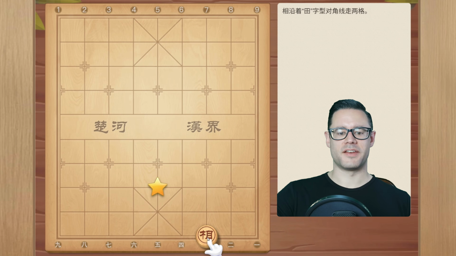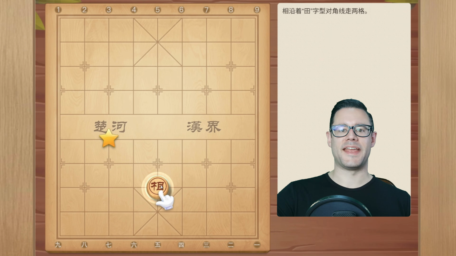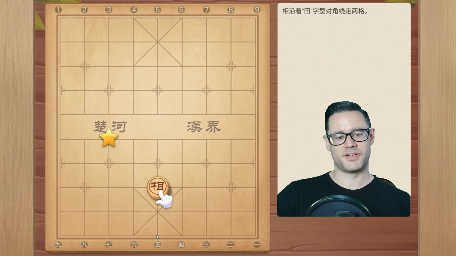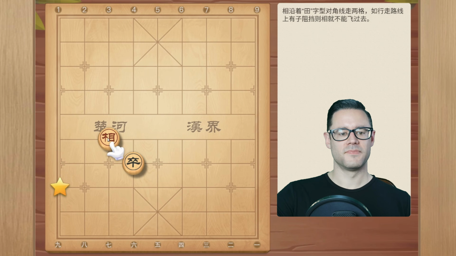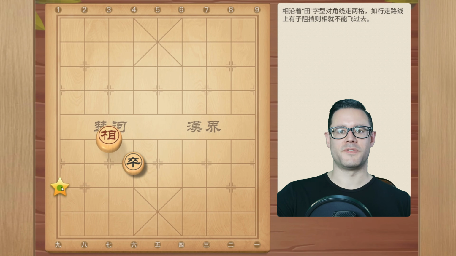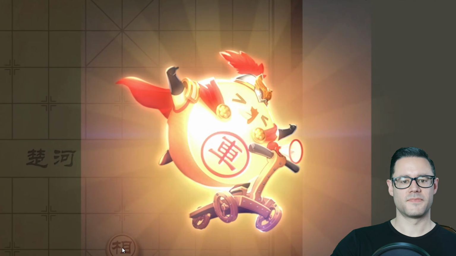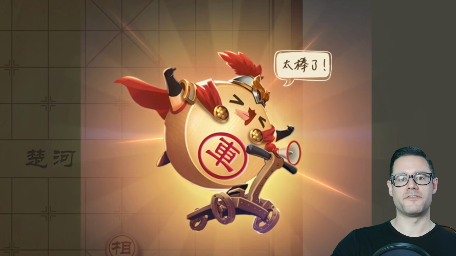So elephants are a lot of times used to protect the general. General is located here on the 5th file. So it's common in games, you'll see an elephant get moved out here in front of the general as a protective measure. And here again, we see a pawn in the way, so the elephant cannot go 1, 2 spaces this direction. It only has one option if it wants to move. It can move to the 9th file. And that's how the elephant moves.